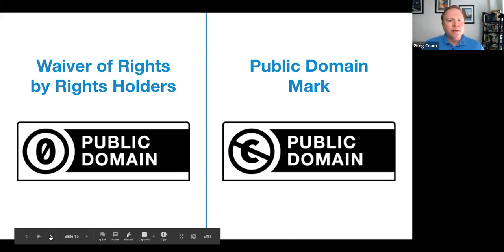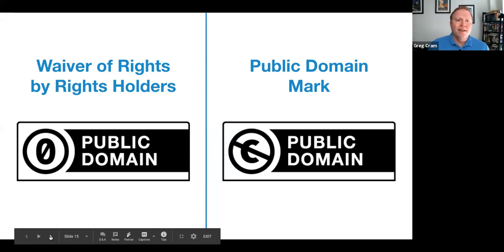It's been interpreted to mean that we should only apply this public domain mark to things that are in the public domain worldwide. We have enough trouble deciding what's in the public domain in the US. Applying this to 192 other countries may be pretty difficult. So that may be why the public domain mark is not used very heavily.